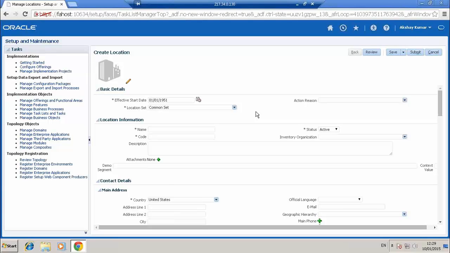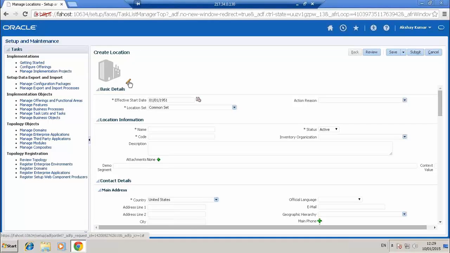The legal entity is mainly connected to legal address, whereas location is connected with departments or business units, etc. So both are completely different. So the location should be created before the business unit is created. Correct.